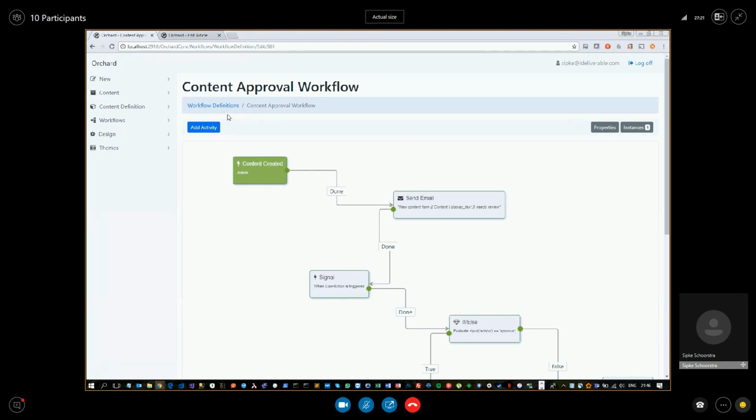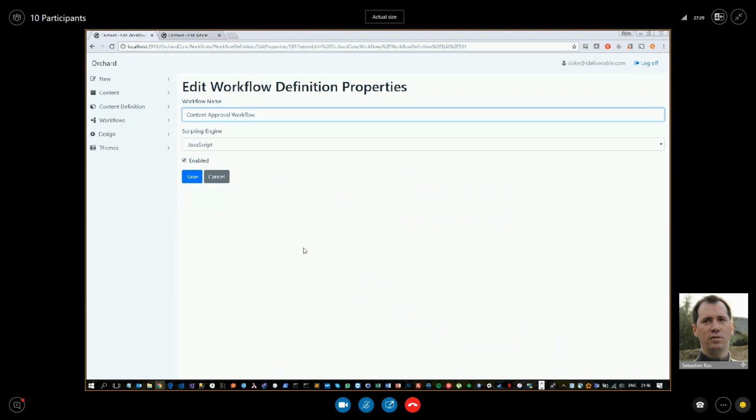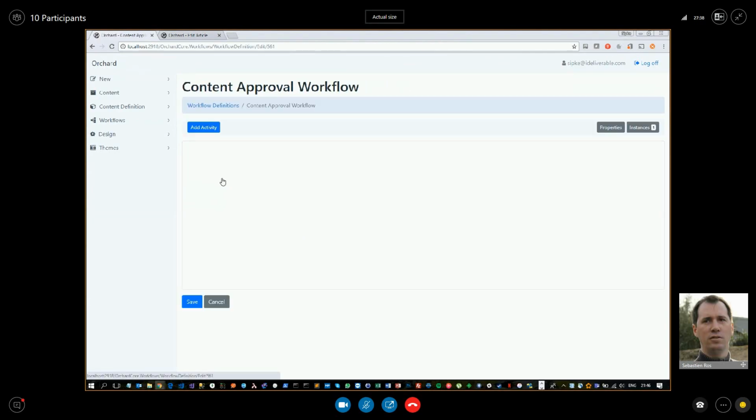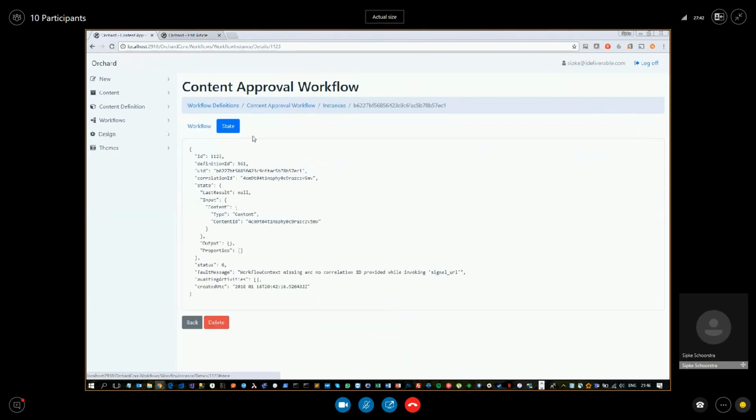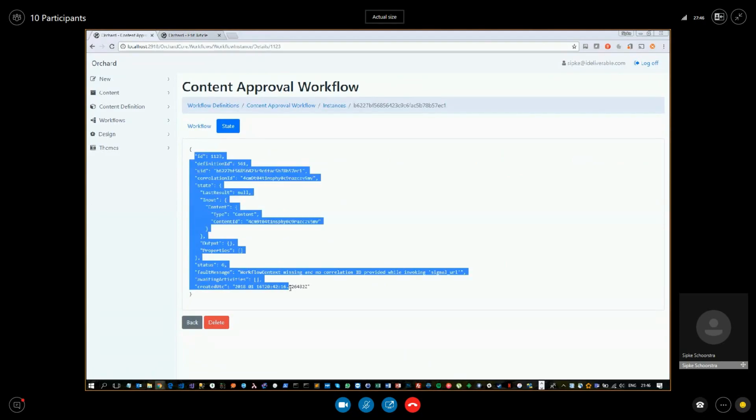That's good. Instances, properties, we didn't see it last time. Yeah, that's new. Properties, when you click, what happens? So that takes you to the workflow definition properties, where you can change the name. When can we see the variables, the current variables? Oh, yeah, you can see that right now on the instance. So here, there's a state, and now it just shows you everything.